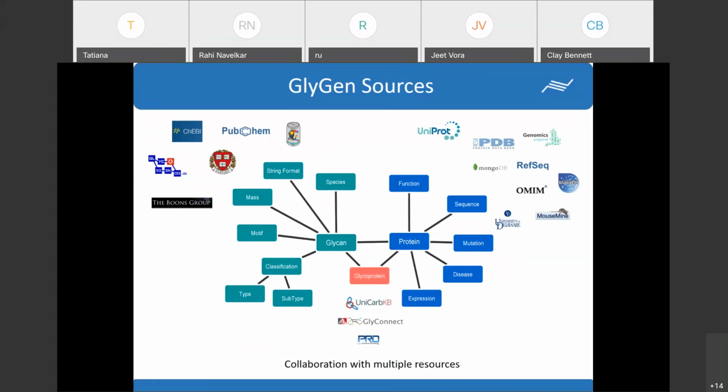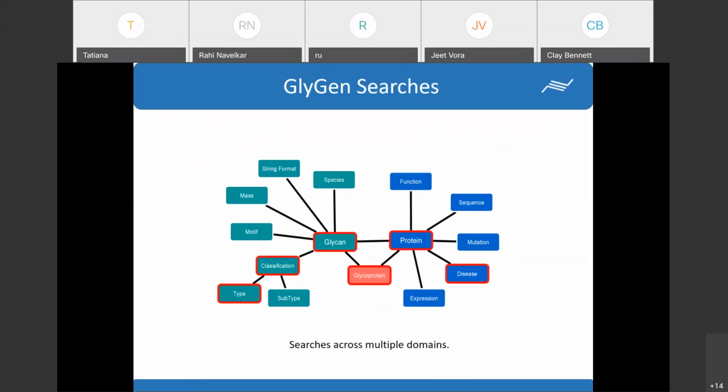We implement quality control techniques as well as generate rules and algorithms to filter and add annotations to provide value-added information to our users. This way, a user can perform a search across multiple domains. As you can see on the slide, a user can easily generate a search where he or she can look for a protein implicated in, let's say, disease X, and then can study what type of glycans are found on